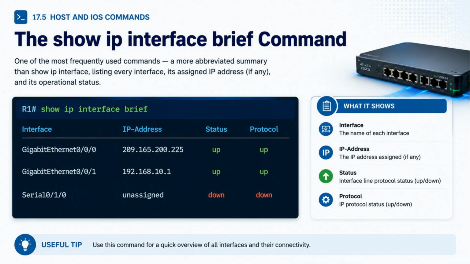Show IP interface brief is one of the most frequently used commands, a condensed summary listing every interface, its assigned IP if any, and operational status. Walk the sample output on screen, pointing out the up/up versus down/down status combinations and what each means about the